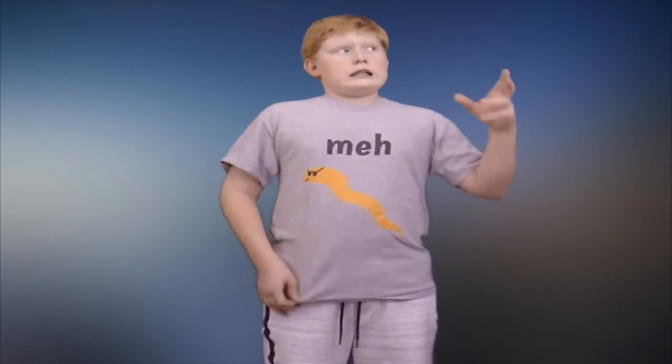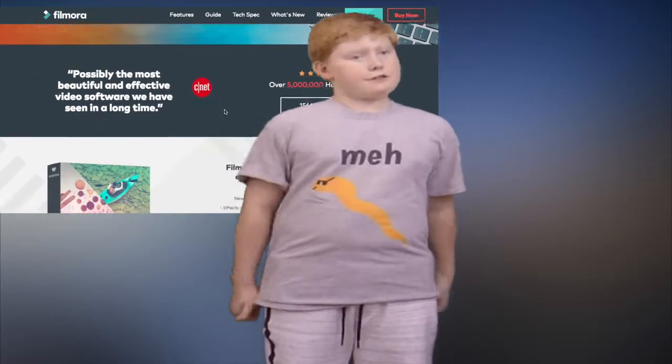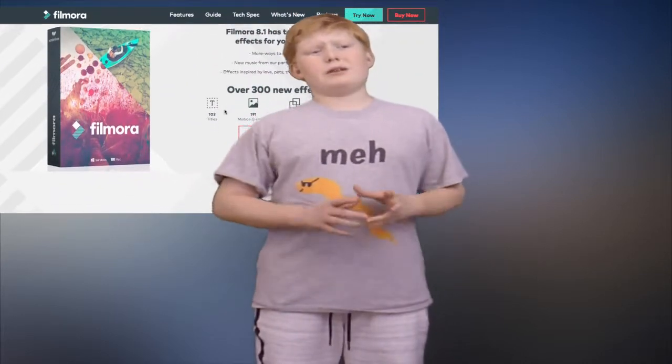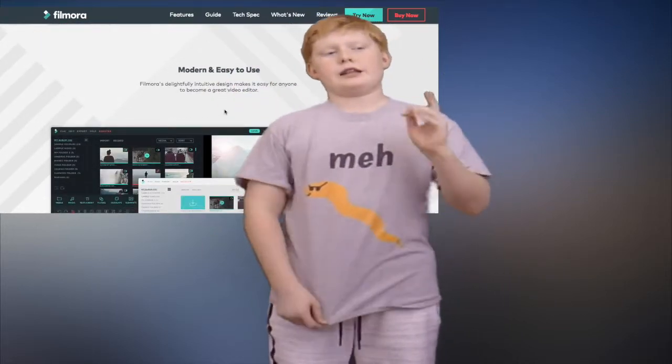It had a bunch of stuff like that. So, if you're using an Apple computer, I think iMovie would be able to do the job, but it's not going to have as many features. So, one that I know should work on both, I'm pretty sure it works on both, is Filmora. Now, Filmora is $50. It still is a little bit pricey, but it does its job, and it stands there